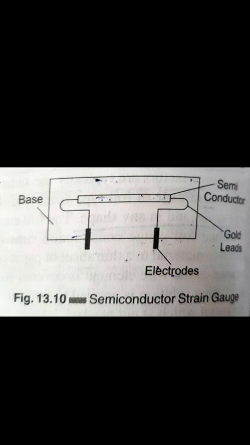The resistance of the semiconductor changes with the applied strain. The semiconductor strain gauge depends upon the piezoresistive effect, a change in the value of resistance due to the change in resistivity. Unlike the metallic gauge, where the change in resistance is mainly due to the change in dimension, semiconductor silicon is used as the resistive material.